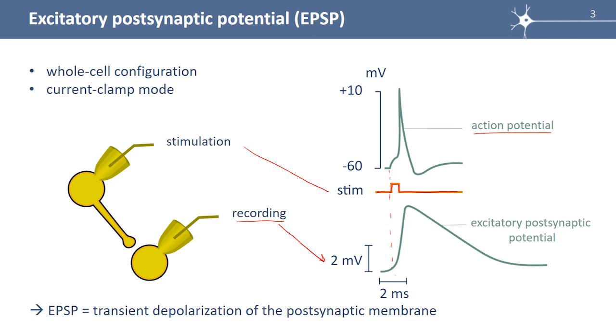It's a small depolarization of the membrane and transient, and you see here that it has a small amplitude. You have the scale here. It has 4 millivolt amplitude, and if you compare to the scale of the action potential, it's very small, and it's transient. It's called excitatory because it's depolarizing, and when the membrane of the postsynaptic neuron is depolarized, it tends to activate sodium channels of the action potential. So the EPSP is a transient depolarization of the postsynaptic membrane.